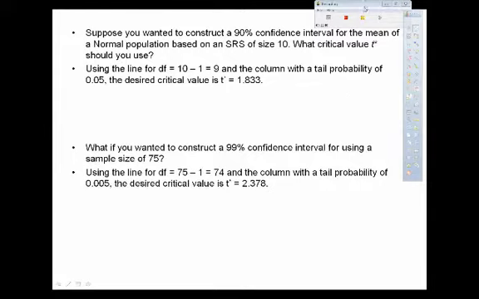All right, suppose you wanted to construct a 90% confidence interval for the mean of a normal population based on a simple random sample of size 10. What critical value T star should you use? Using the line for degrees of freedom, 10 minus 1 equals 9, and the column with the tail probability of 0.05, since for 90% that's 5% for each tail, the desired critical value is T star equals